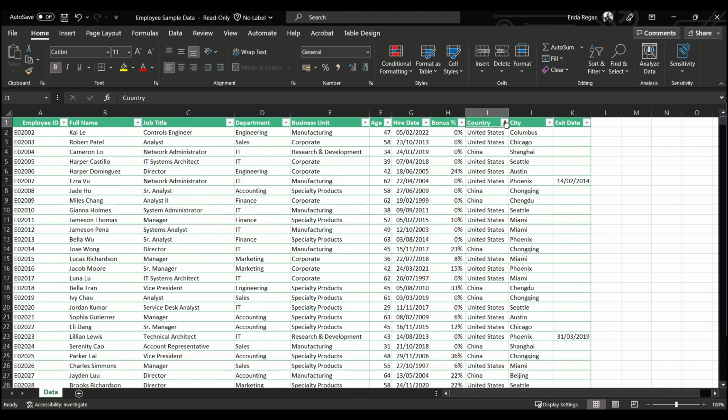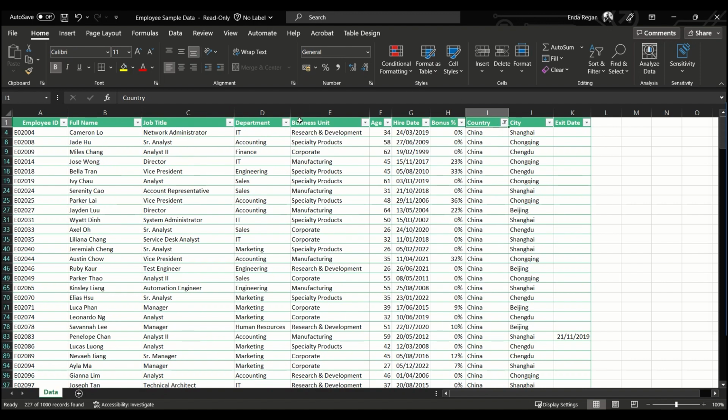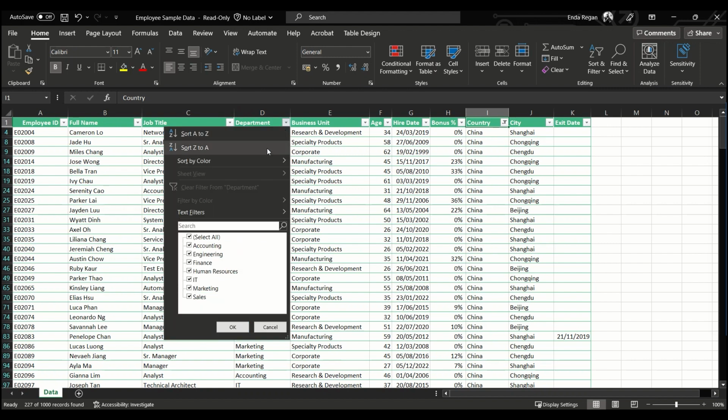You can have multiple filters selected at once. So for example, country, we want to select China, click OK. But we want to see those who are in China but in the IT department. So come to Department, click on the drop-down, deselect Select All, click IT and click